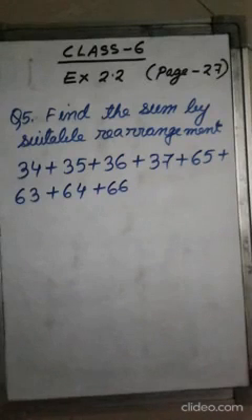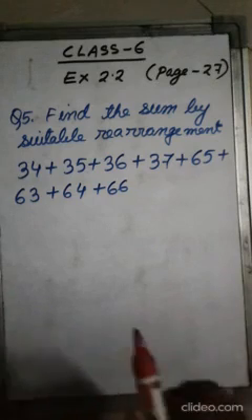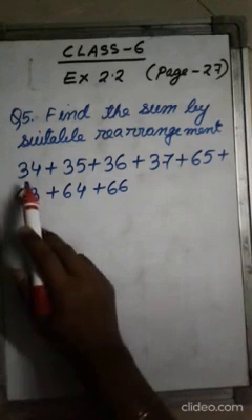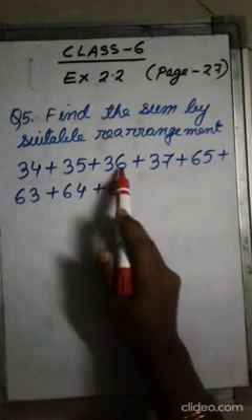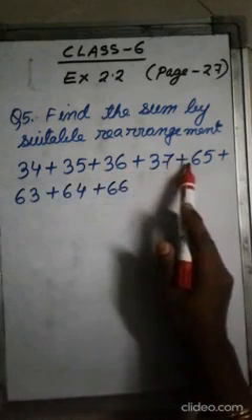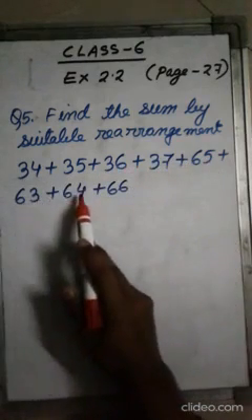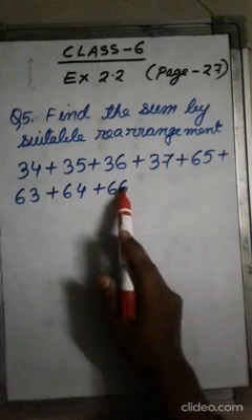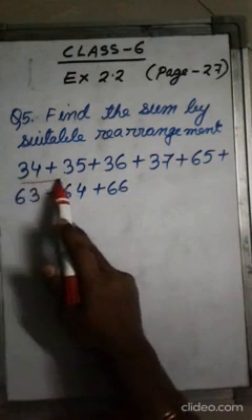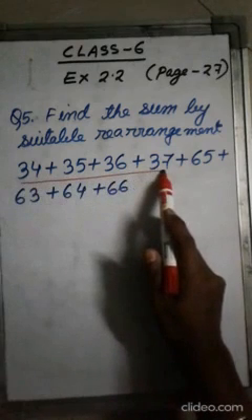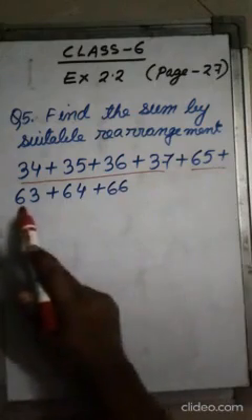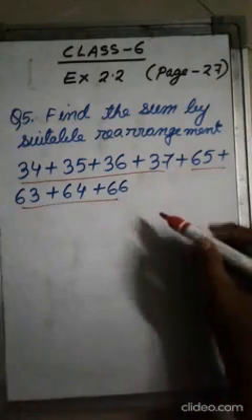Question number 5. Find the sum by suitable rearrangement. I will give you a hint how to solve this, and your classwork will be to complete the sum. So here you see 34 plus 35 plus 36 plus 37 plus 65 plus 63 plus 64 plus 66. So these are a group of numbers and these are a group of numbers. So you see,